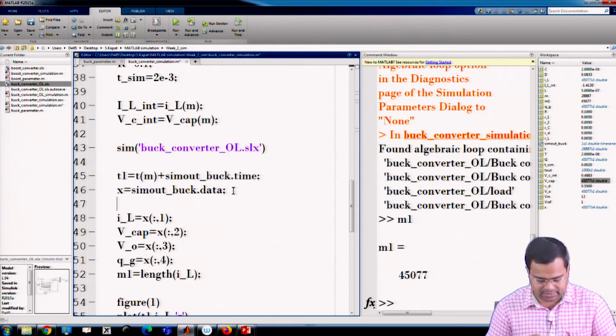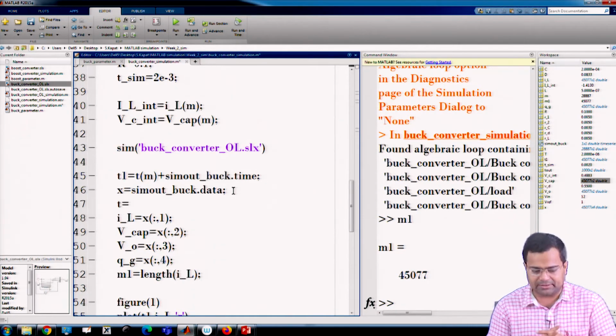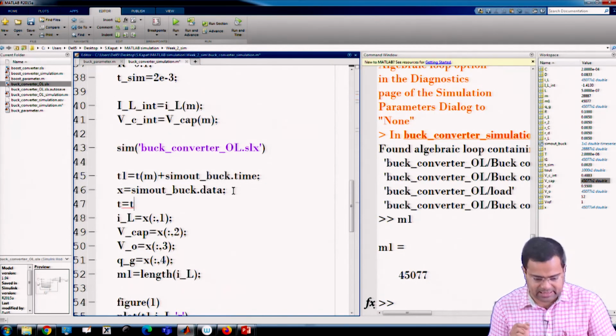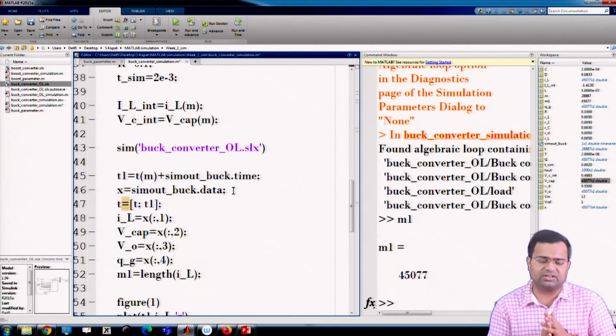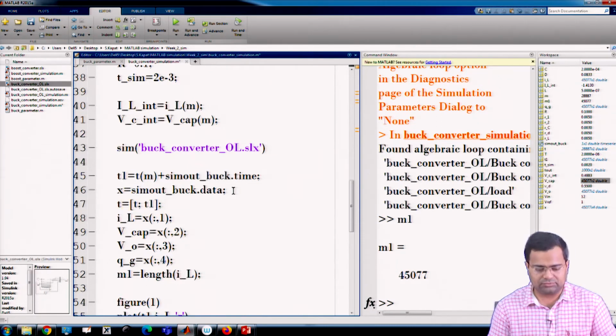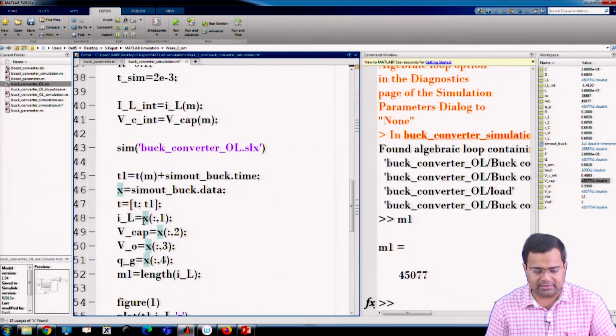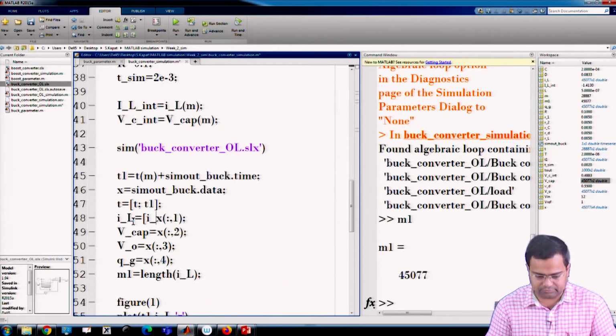Here the time will be T, that means I have to create this T, then T1. This is my new T. IL will be the previous IL, then this is called concatenation, I can concatenate.